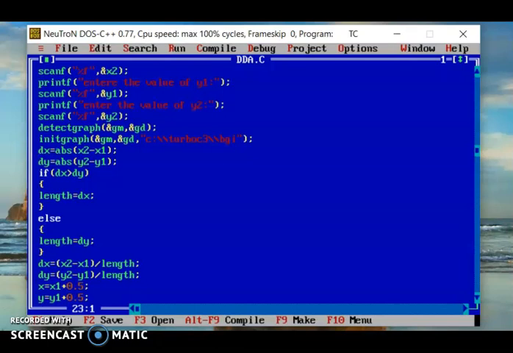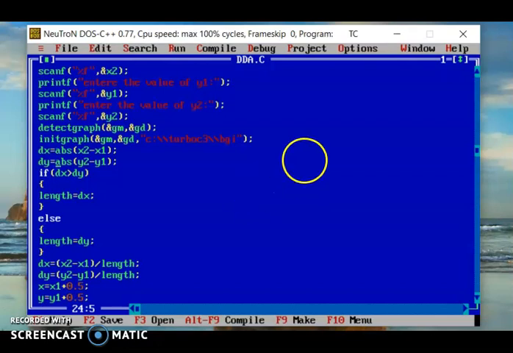Then next, we are calculating the value of delta x and delta y. Delta x equals the absolute value of x2 minus x1, and delta y equals the absolute value of y2 minus y1.